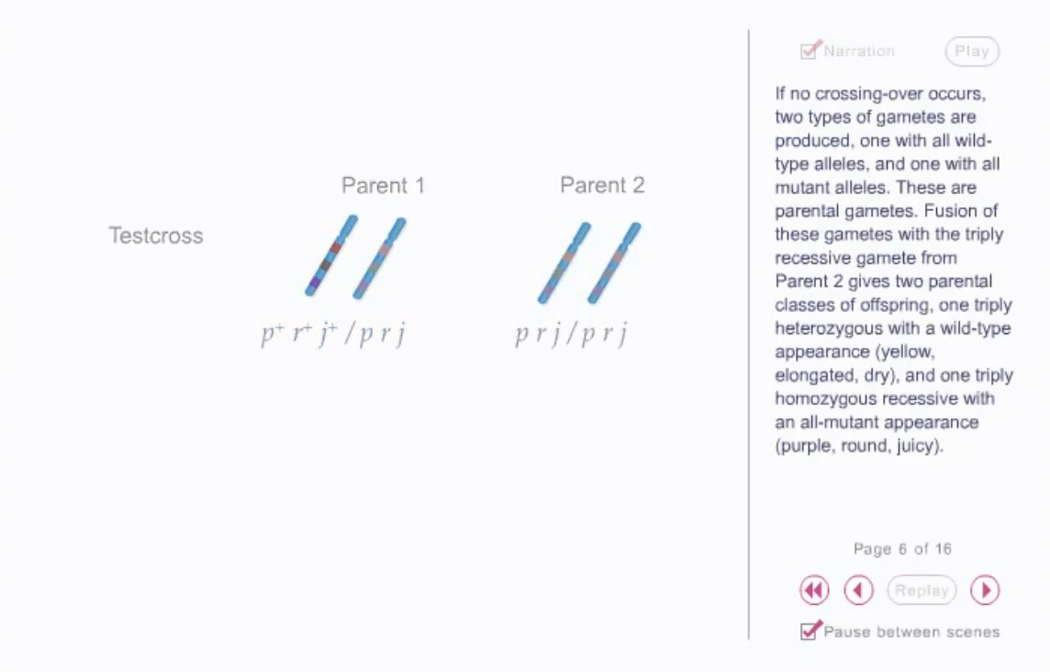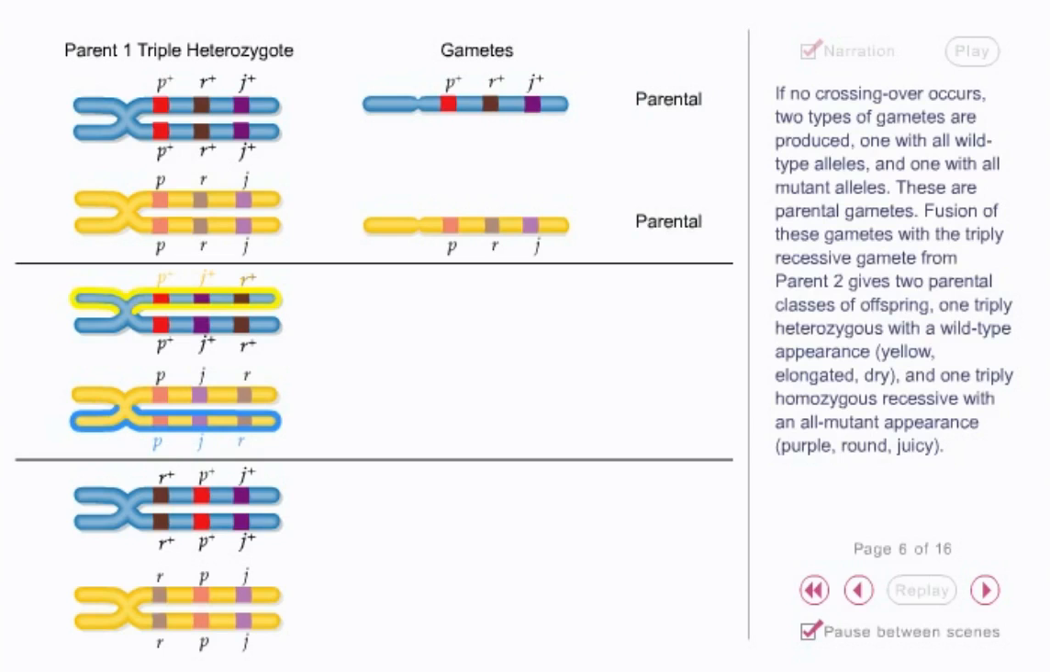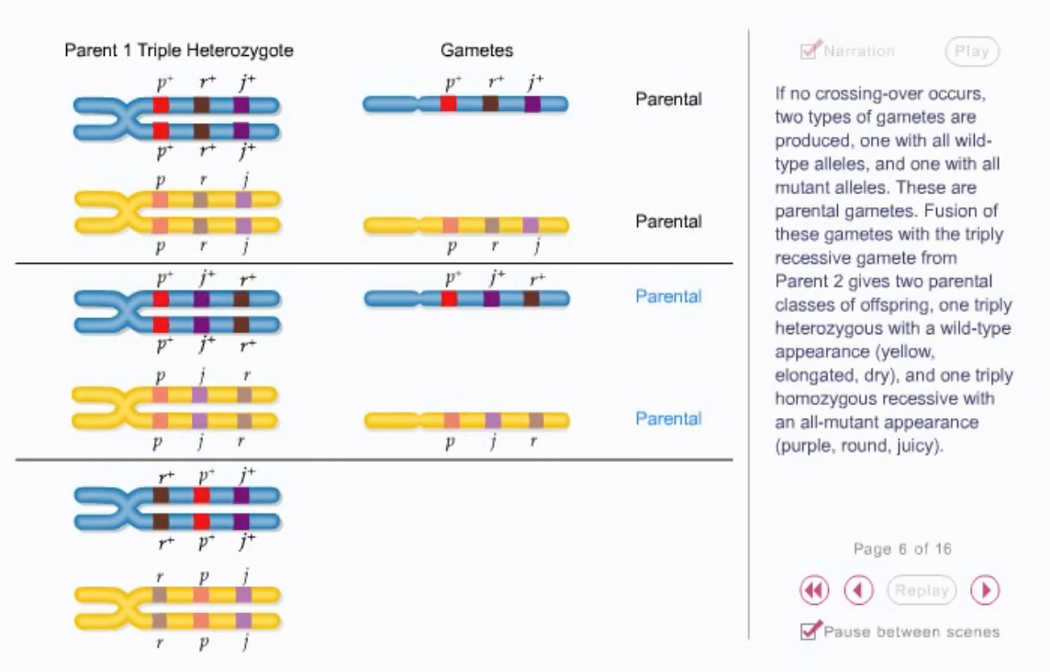If no crossing over occurs, 2 types of gametes are produced, one with all wild-type alleles and one with all mutant alleles. These are parental gametes. Fusion of these gametes with the triply recessive gamete from parent 2 gives 2 parental classes of offspring, one triply